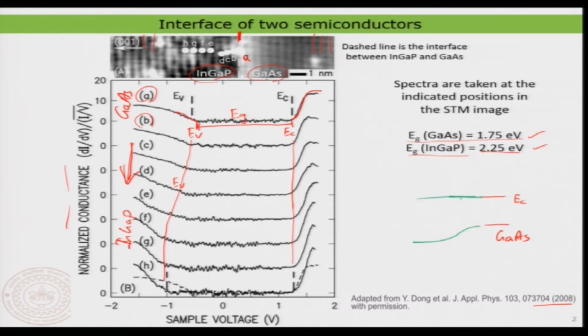That means the region which is this part is somehow kind of an interfacial region, which has quite a mixed character of both the gallium arsenide and the indium gallium phosphide. So, I am thickening the line here, and once you reach here, somewhere in here, you have the indium gallium phosphide like semiconductor. Yeah. So, in between you can see the region is kind of a mix of both. But what is quite interesting in this kind of spectroscopy is that you clearly now know what is aligned and where is the change occurring.